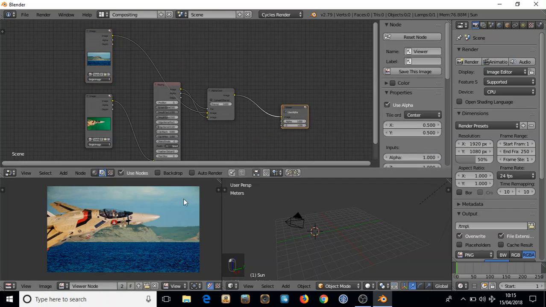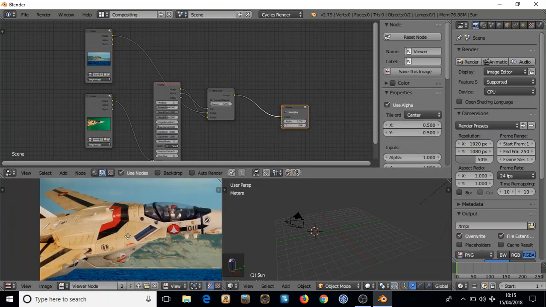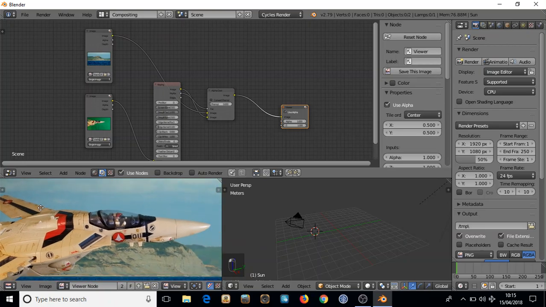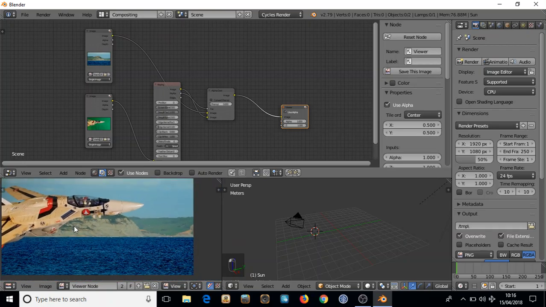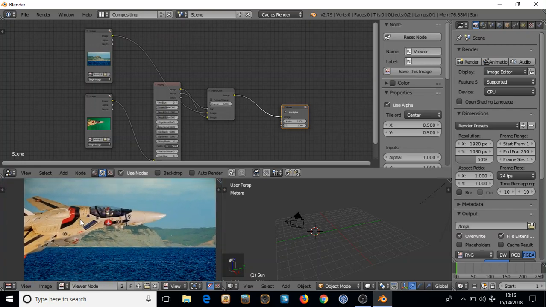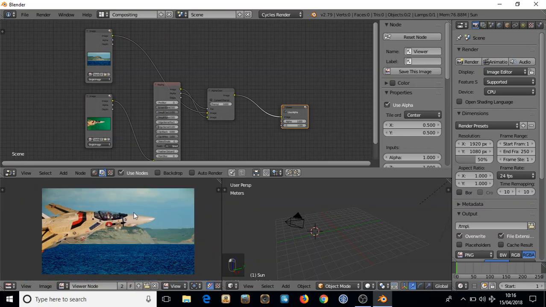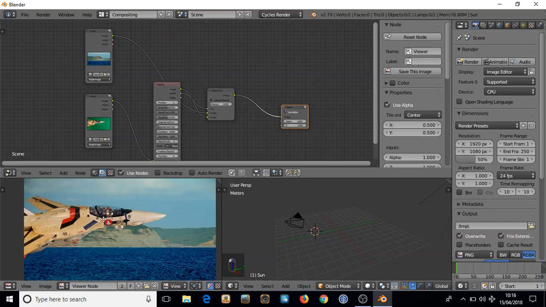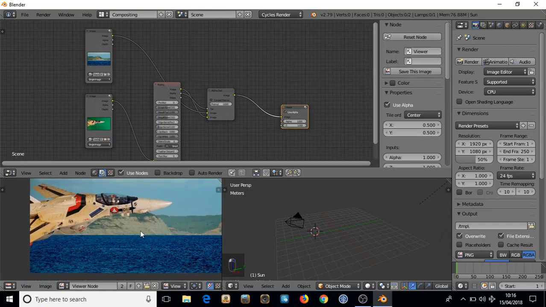You could also go into color correction to make the images match better. But if you've done your work properly, you would have taken this into account when you were photographing or videoing, whatever it was you were doing. You'll still find you probably need to do some kind of color correcting to make the images merge better, to gel better, look more like the foreground object is actually in the background's environment. Anyway, there you go. That's the basics of